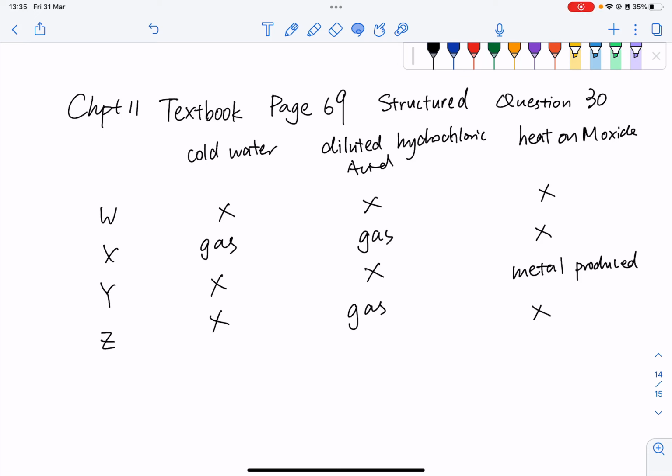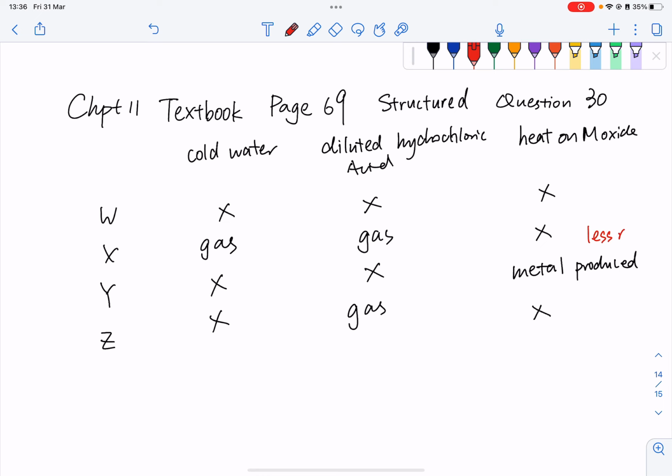Now let's turn to page 30 and take a look at the question here. We have 4 different metals, that is W, X, Y, and Z. They respectively react with cold water, diluted hydrochloric acid, and heated metal oxide, and we check whether there will be any reactions. So let's firstly deduce if there is any reaction when heating on metal oxide, which means the metal is relatively